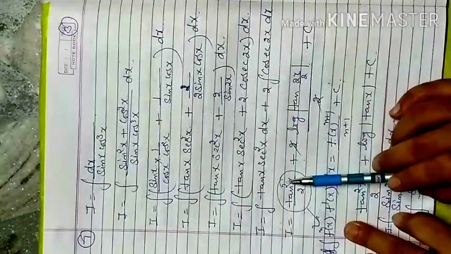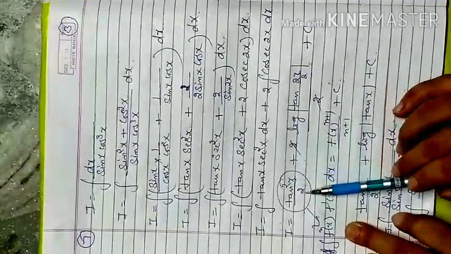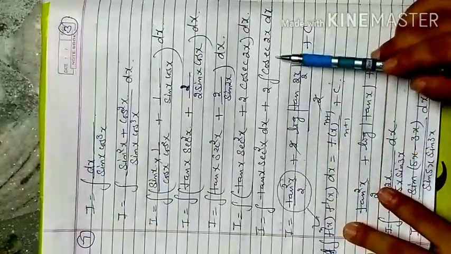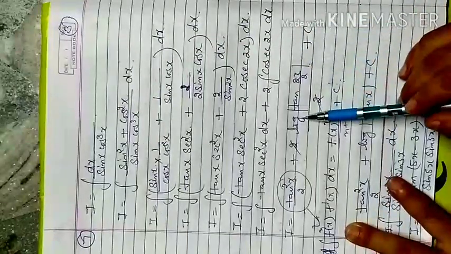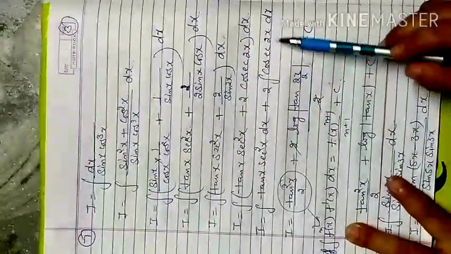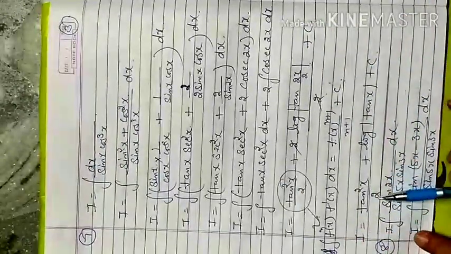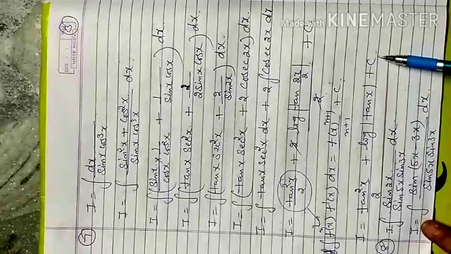So we just add the power, tan 1 plus 1, tan square x by 2, and here integration of cosecant 2x is log tan x. In place of x there is 2x by 2, and 2x differentiation we write in the denominator. So only left tan square x by 2 plus log tan x plus c.